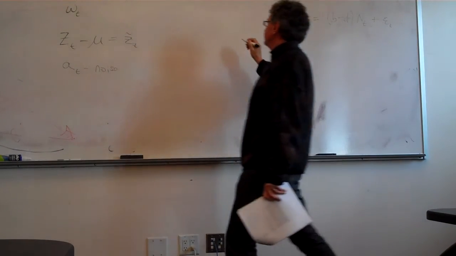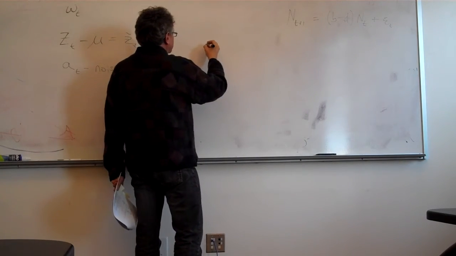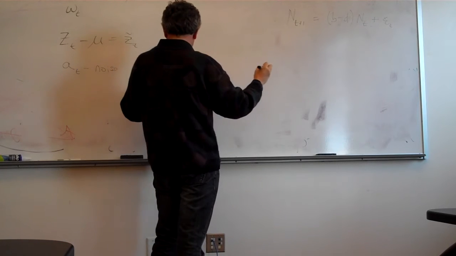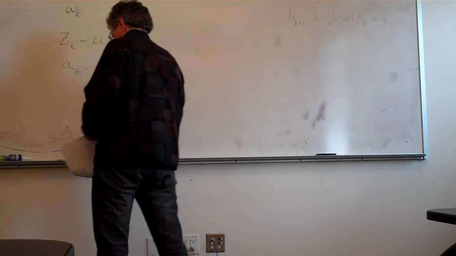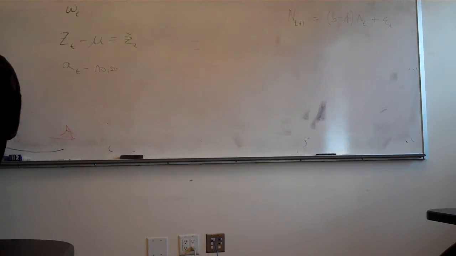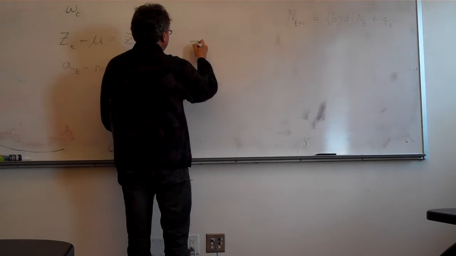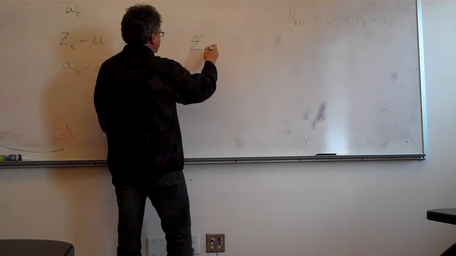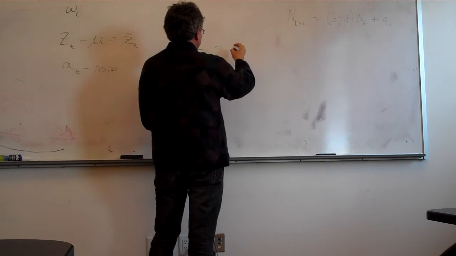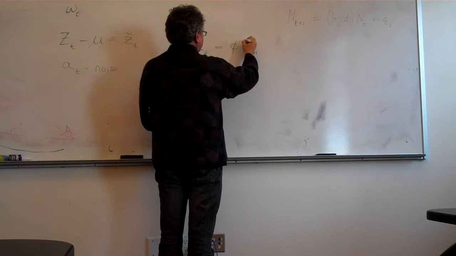So the basic model would be that ZT tilde equals phi times ZT minus 1 tilde plus